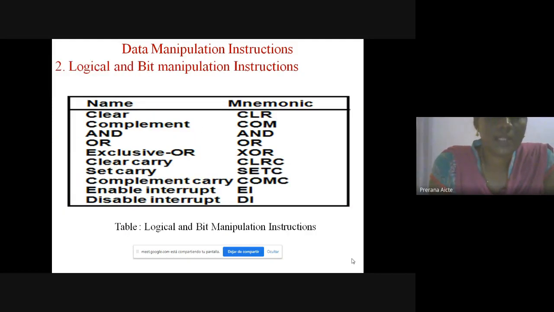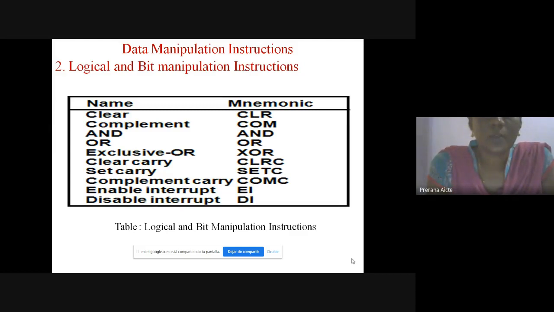Next one, logical and bit manipulation instructions, which perform logical operations and bit manipulation. CLR performs the clear operation. COM performs the complement operation. AND performs the AND operation. OR performs the OR operation. XOR performs the exclusive OR operation.